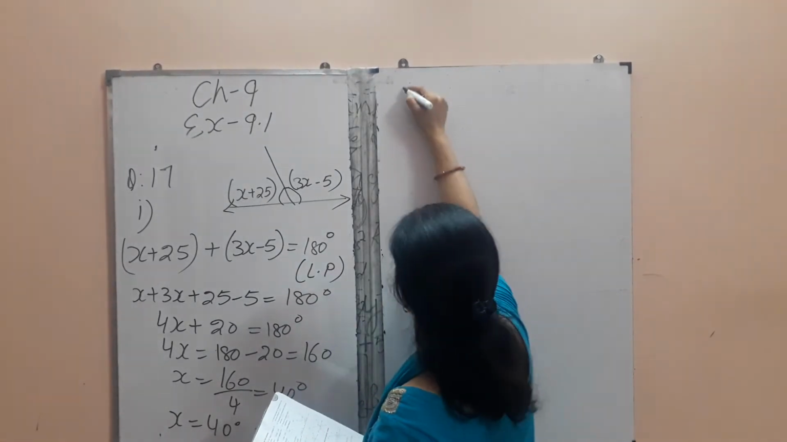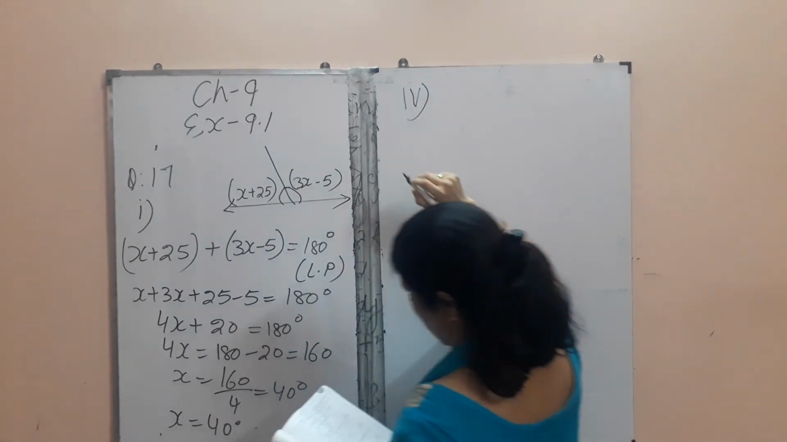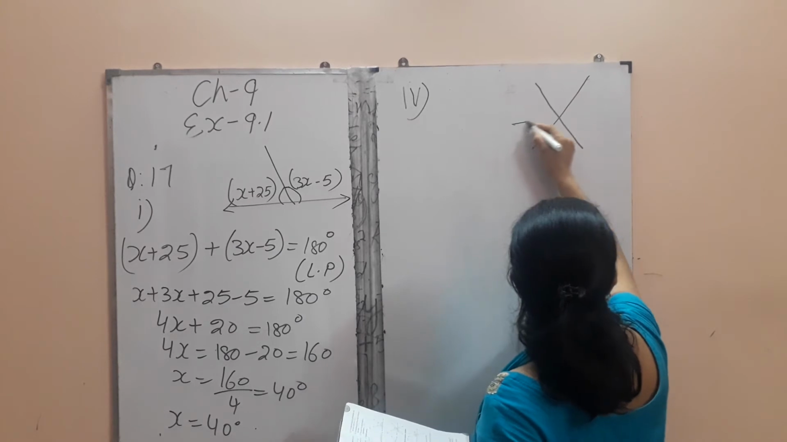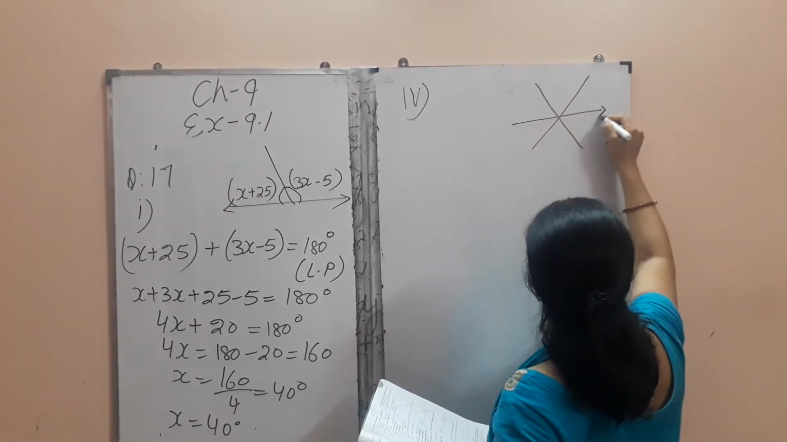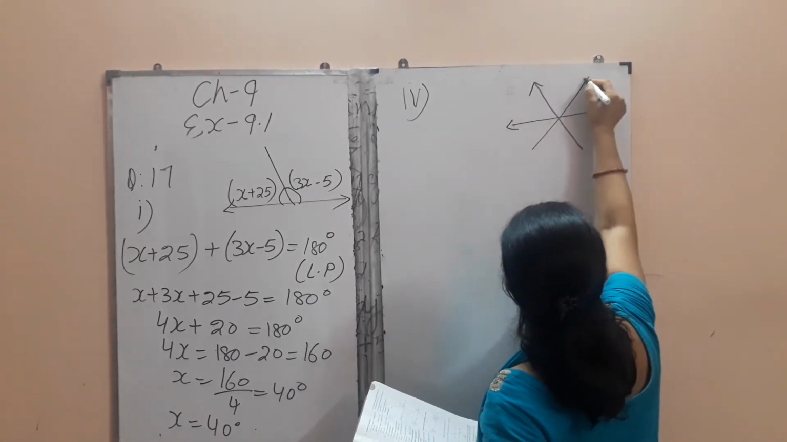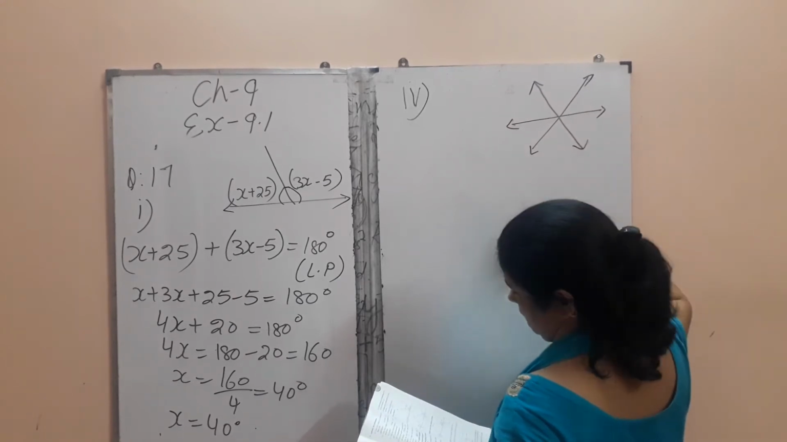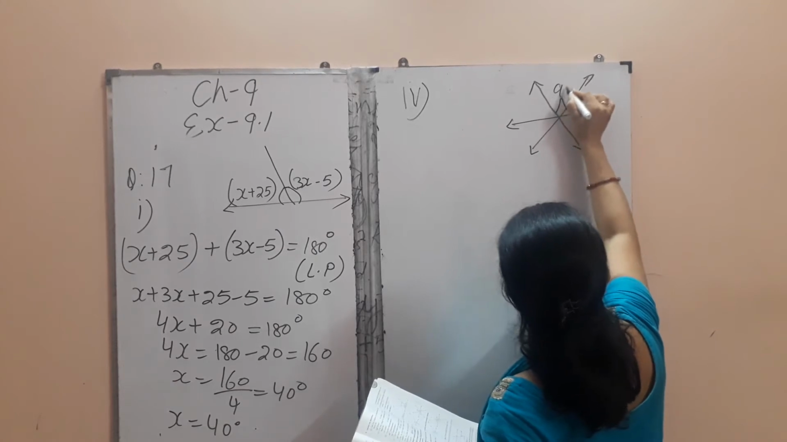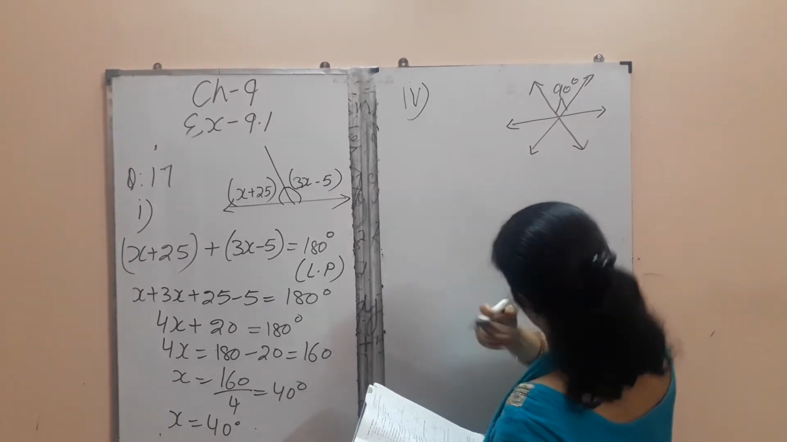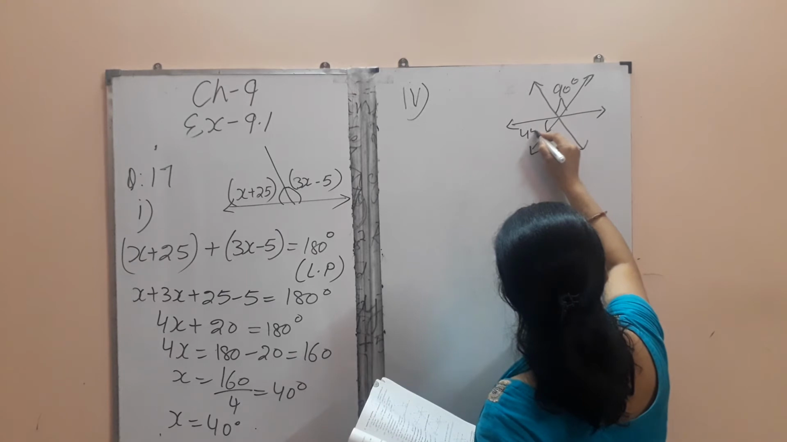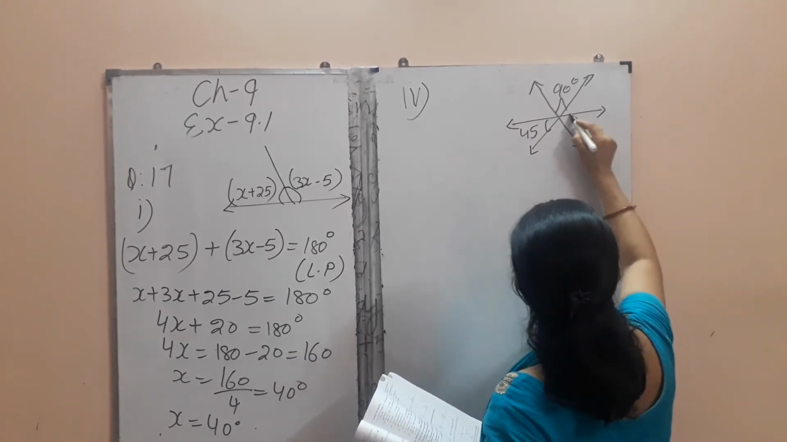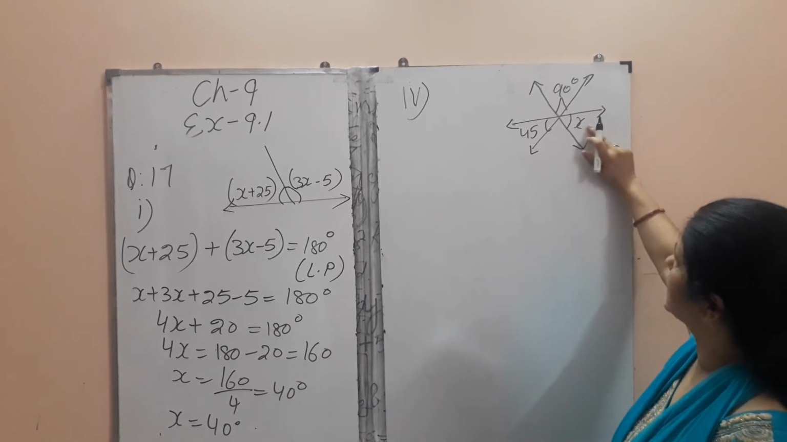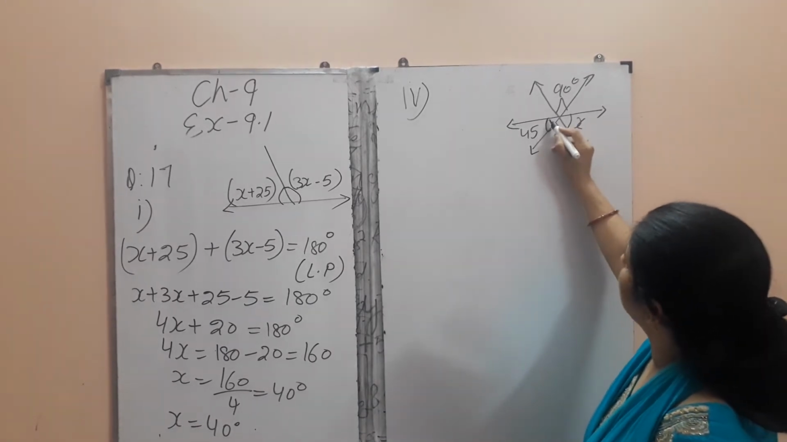Now we will do the 4th question. The 4th question is a little bit different and difficult also, so we will do that one. The values of some angles are given. This is 90 degrees. This is 45. This is x. And because we have to find the value of x,